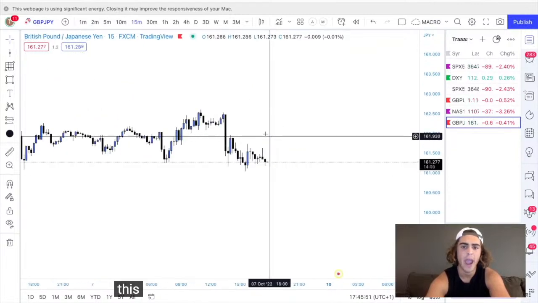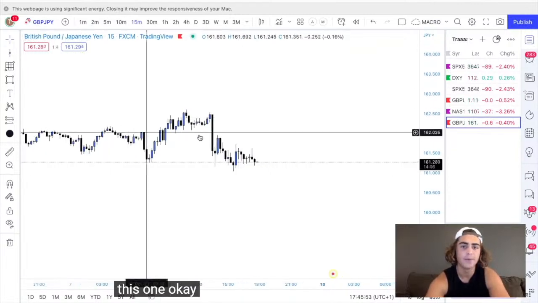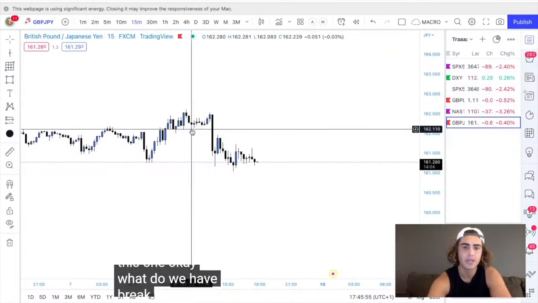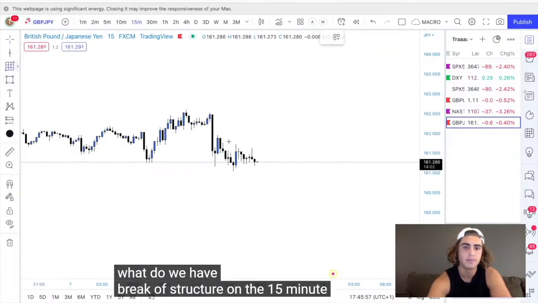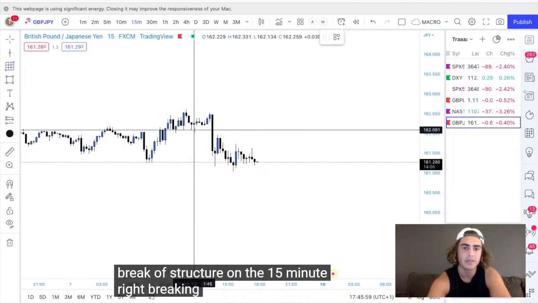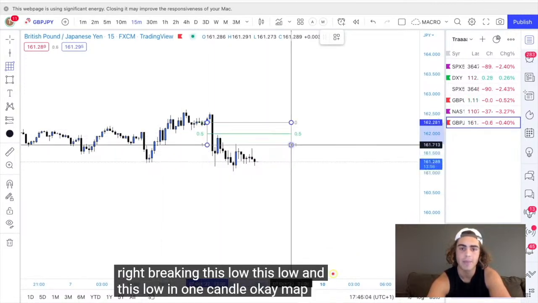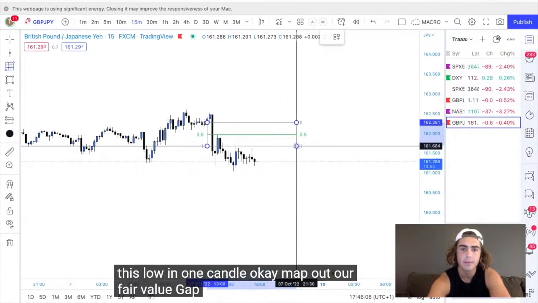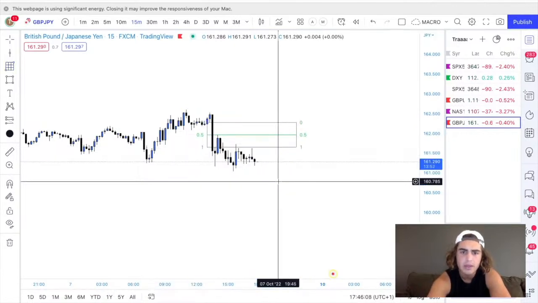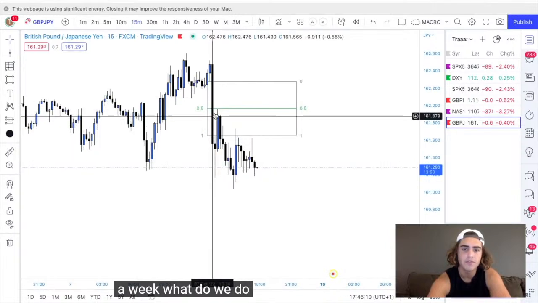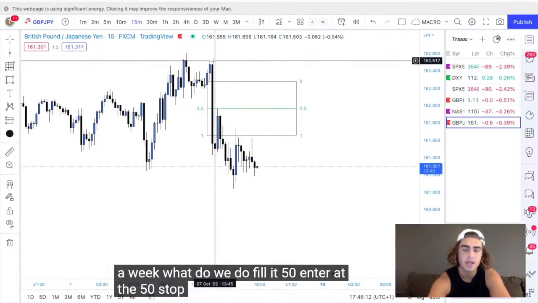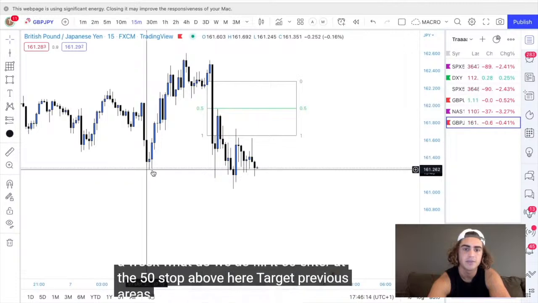This one, okay? What do we have? Break of structure on the 15 minute, right? Breaking this low, and this low in one candle, okay? Map out our fair value gap, wick. What do we do? Fill it 50%, enter at the 50, stop above here, target previous areas of liquidity, target right